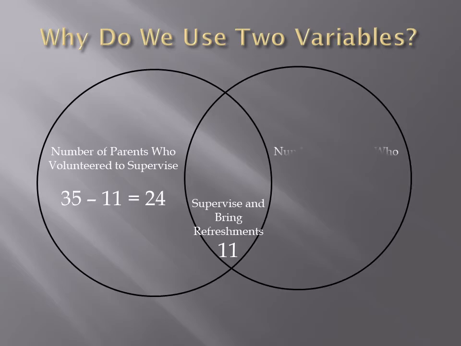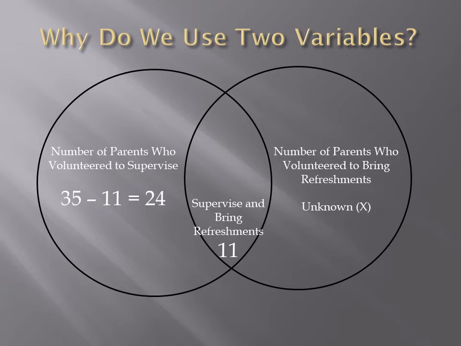Now, the question was brought up to me, and this was a really good question: why do we use two variables here? There are other questions in our diagnostic exam that are very similar, where rather than using X and Y, they use X for one and then something times X or something divided by X for the other variable. In this case, at first glance, it seems like you could do that. And in actuality, you can, because we're told that the number of parents who volunteered to bring refreshments was 1.5 times the number of parents who neither volunteered to supervise children during the picnic nor volunteered to bring